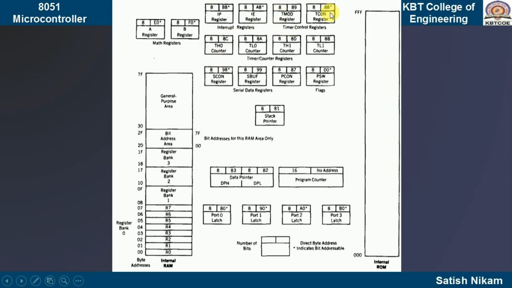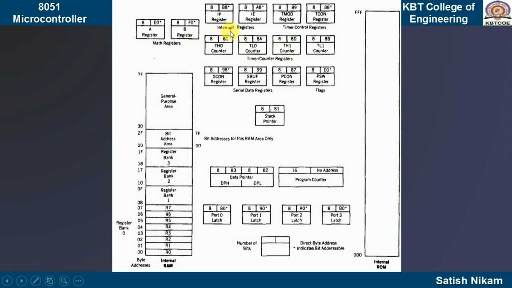Now there are again the next 6 registers. As we have discussed, there are a total of 2 timers, and both timers are 16-bit, meaning if you have to generate a time delay, a clock pulse having some time period is supposed to be counted a number of times. 1 microsecond is the time period for 1 clock, and I have to generate a delay of 10 microseconds, so I have to count 10 clock pulses. That type of provision should be there, and for that counting purpose we have 2 registers for 1 timer.